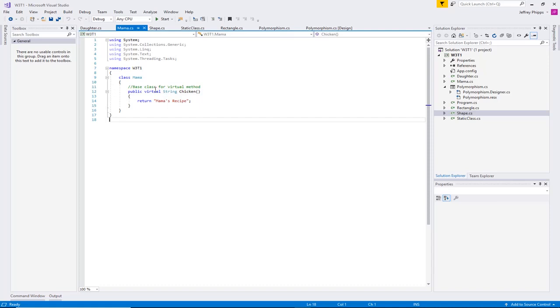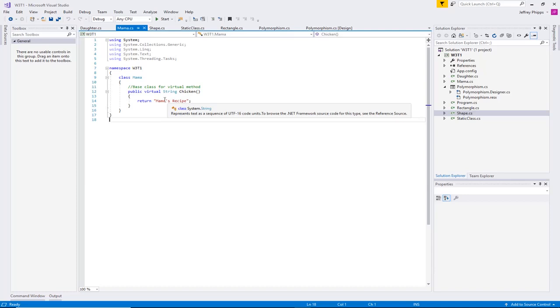So we're saying that it is a virtual method, and it's going to pass back a value of string. Now again, this could be void, this could be anything. The only reason I'm doing string as a pass back is because I am sending information back for the form to process it. And the only thing I'm doing here is simply saying return the text Mama's recipe,